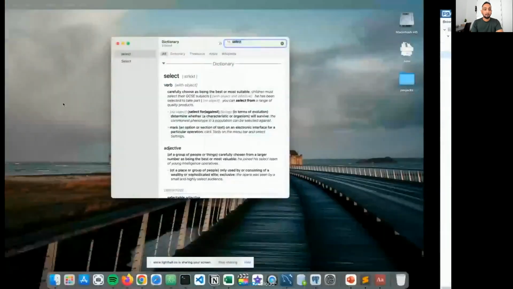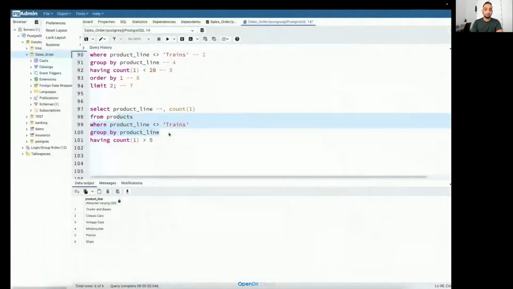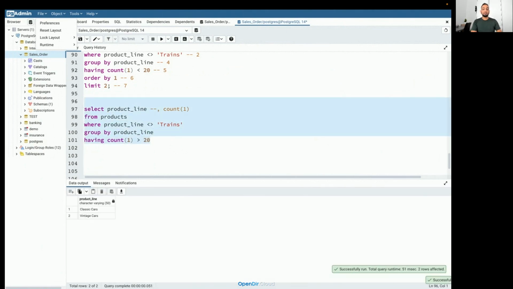previously we got seven, right? So when I did this, I got only six records, because train is already excluded. So let's say instead of greater than 5, I'll put greater than 20. Okay. So previously we had six, and now when I put this, it's switching me to